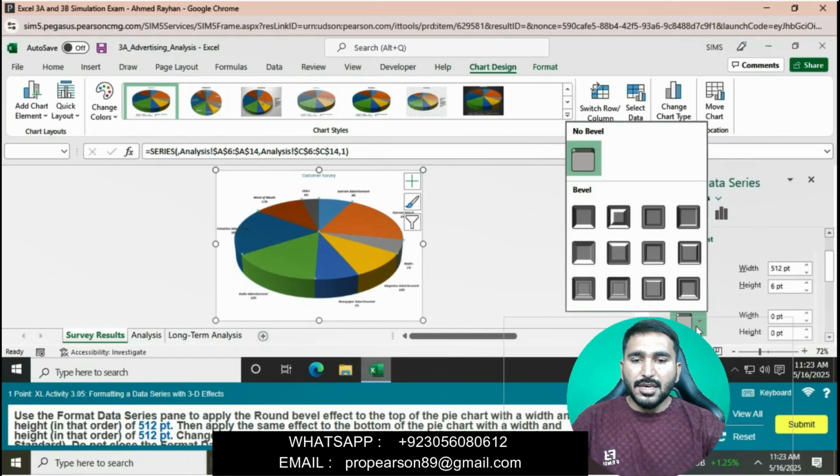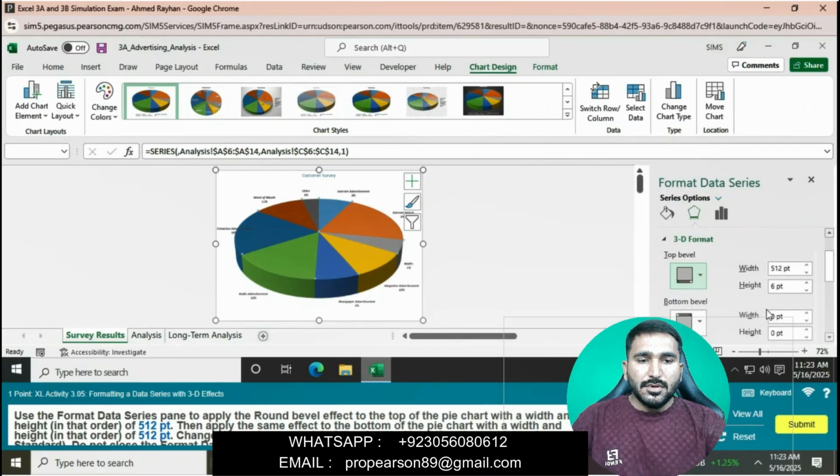Then apply the same effect to the bottom of the pie chart with the width and height set to 512 points. We will set 512 points here, and height is also 512 points.